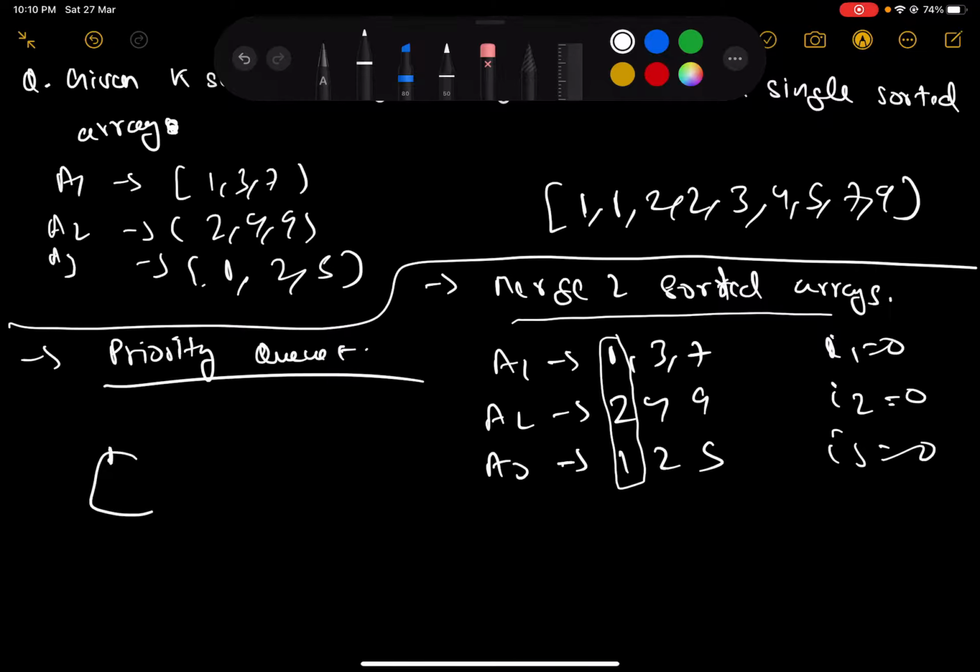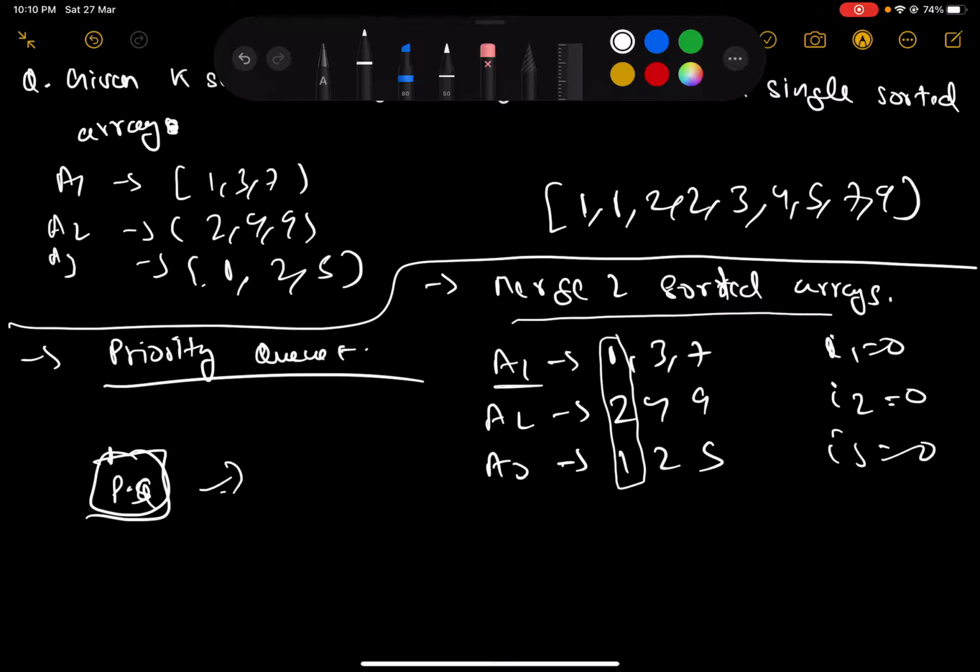All right, so let's say I created a priority queue where I push these numbers. The algorithm is simple. Now use the priority queue to find the minimum number. In this case it will tell you that index I1 is the minimum one, so the minimum number is A1. It can be A1 or A3, it doesn't really matter because both of them are equal. Let's just say the priority queue told us that A1 is the minimum one.